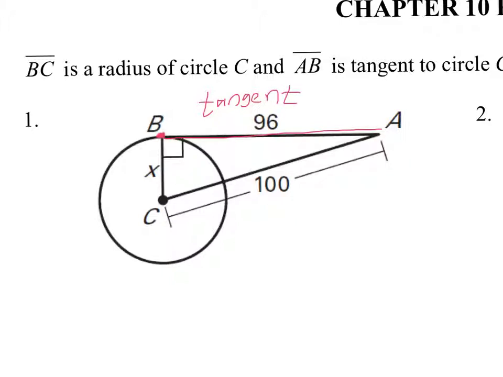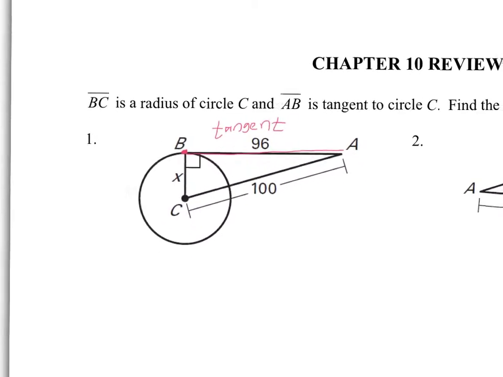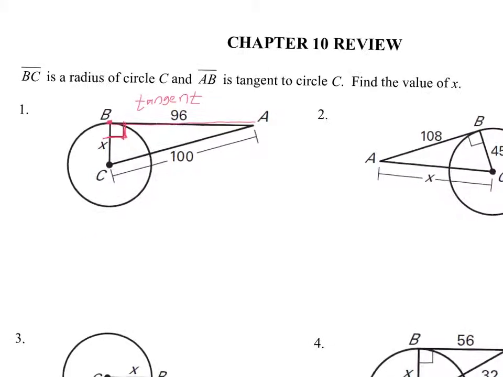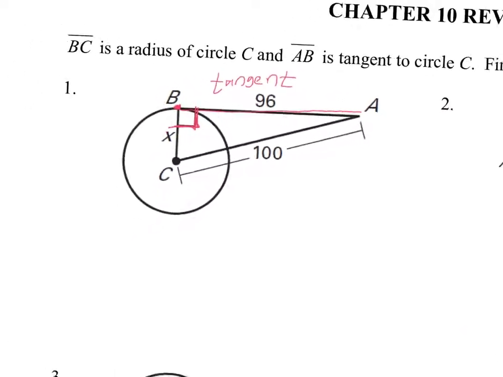And that's tangent. And one of the things that we learned in the very first lesson of 10.1 is that if you have a tangent line, a line that is tangent, then it will be perpendicular to the radius. It will form a right angle. So I know these triangles give you a right angle. It's already pointed out that there is one, but even if there wasn't one there, that's something that we should know. So the first four questions ask us to find the value of x, and all we really need to